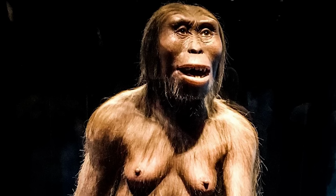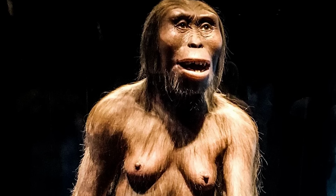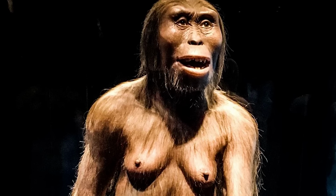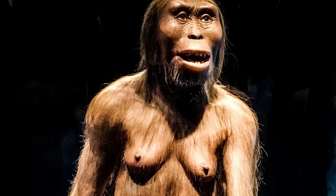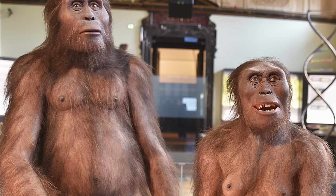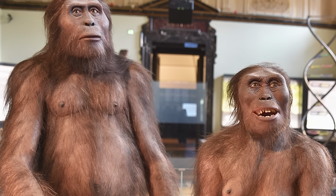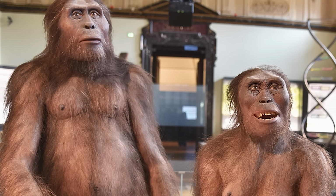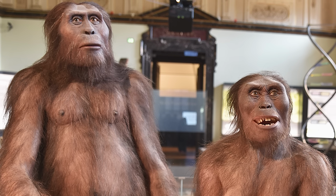Australopithecus afarensis was, as we all know, far from the last stop on the road to Homo sapiens. Around 2.9 million years ago, the species disappeared from the plains of Africa, and in their place were new breeds of upright ape, ones that would go on to conquer the wider world outside of Africa. Australopithecus afarensis would lead to Homo habilis, who would in turn eventually give rise to Homo erectus, and then to us. Along the way, they would have